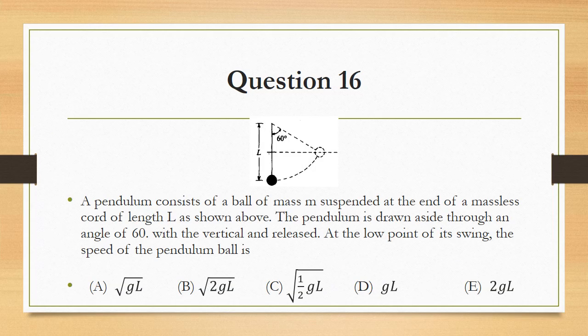And we want to figure out at the lowest point how fast is it moving. The first thing to think about is how could you figure out speed? Well, what models might be valid here? It's moving in a circle, in circular motion, so we could maybe try circular motion. Momentum is not going to be conserved because gravity is an external net force on the pendulum, so we can't use momentum. Energy would be valid because even though there is a non-conservative force from the tension in the string,